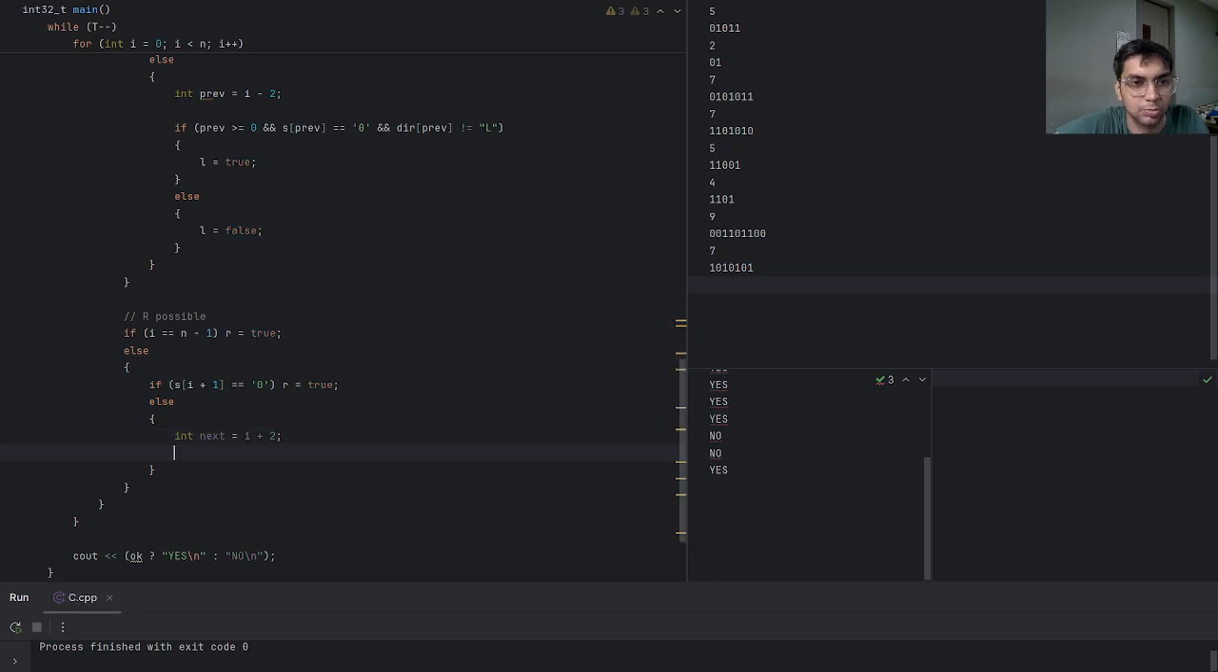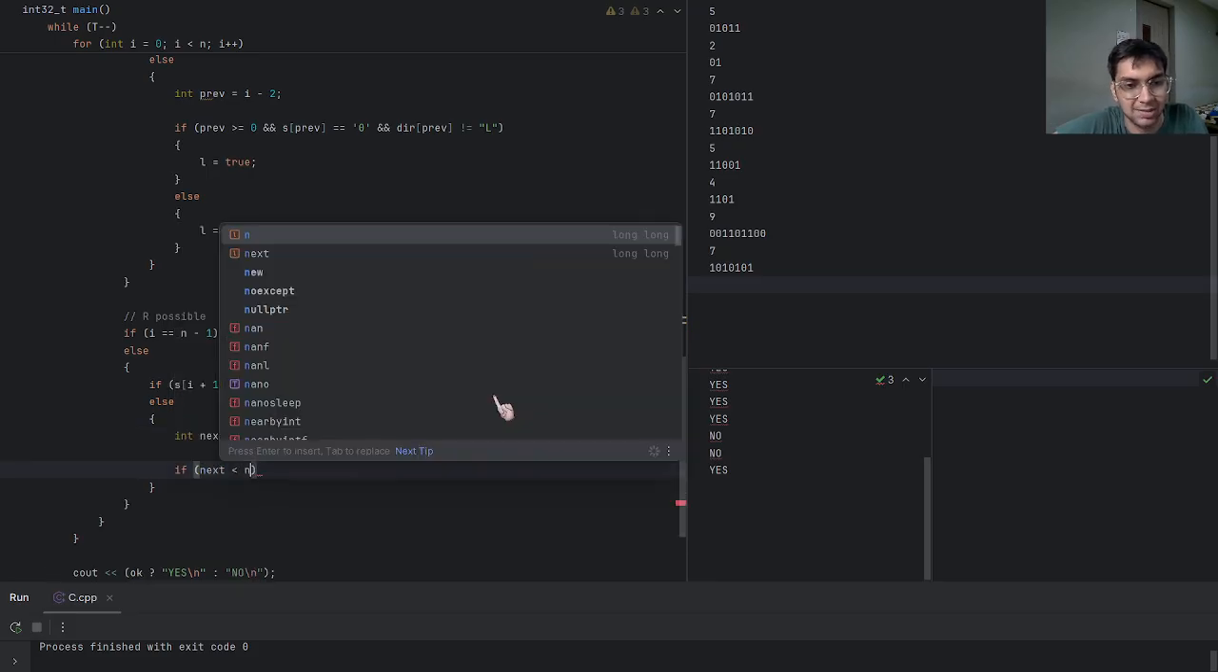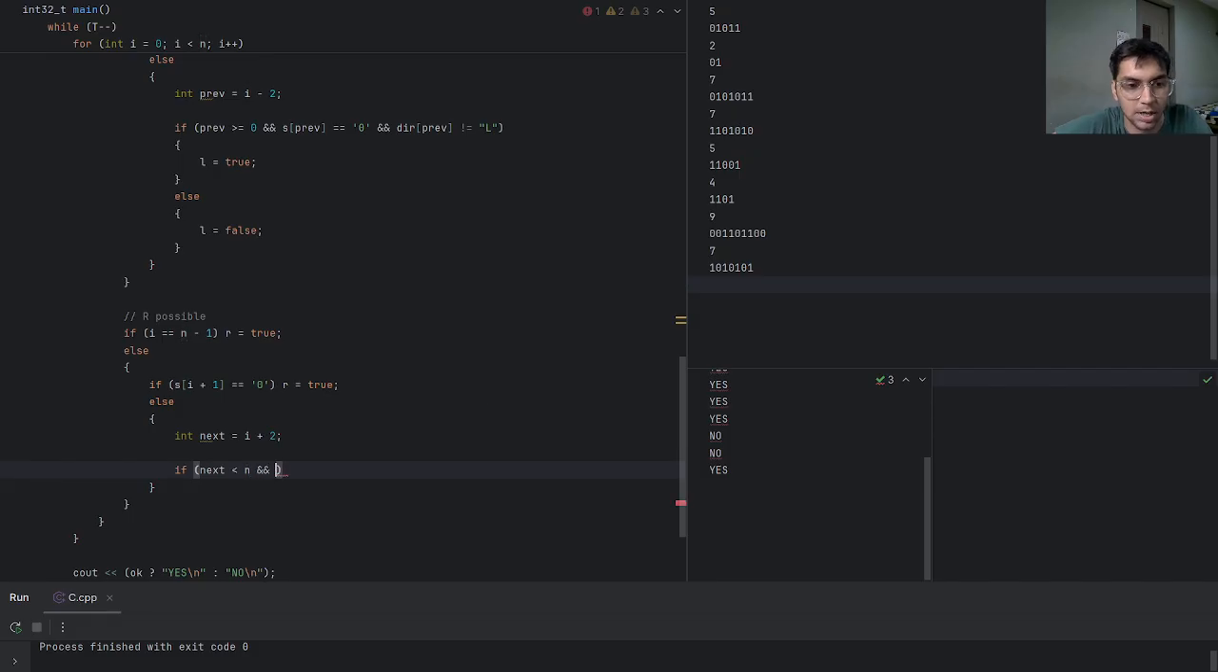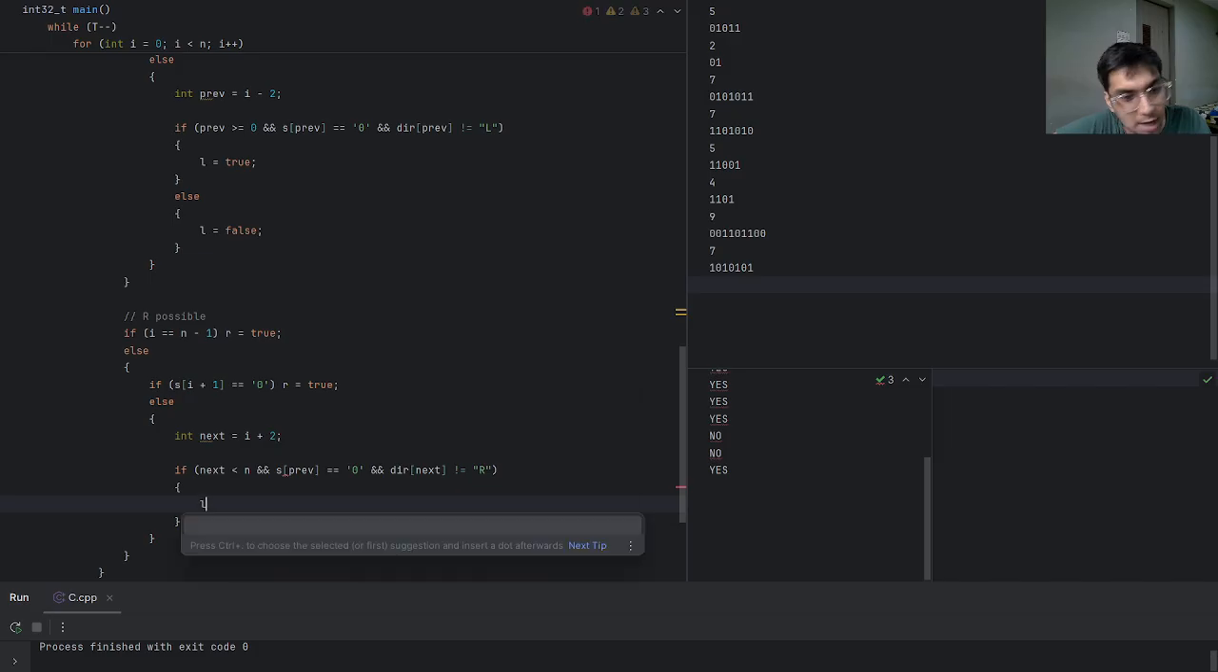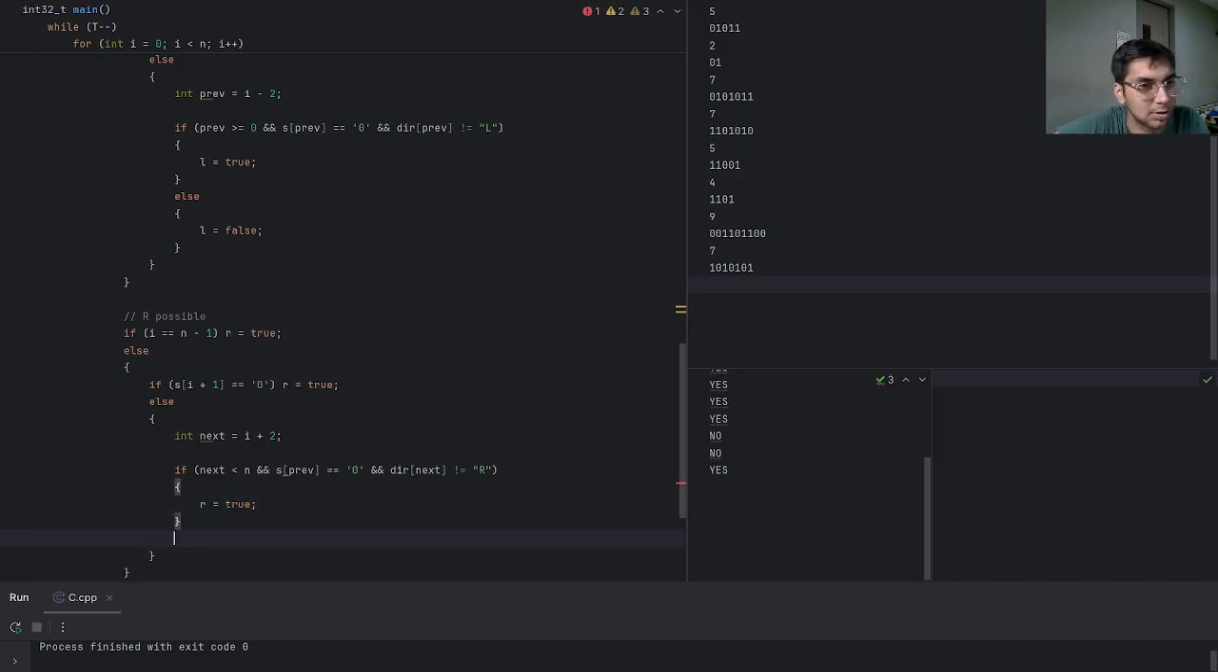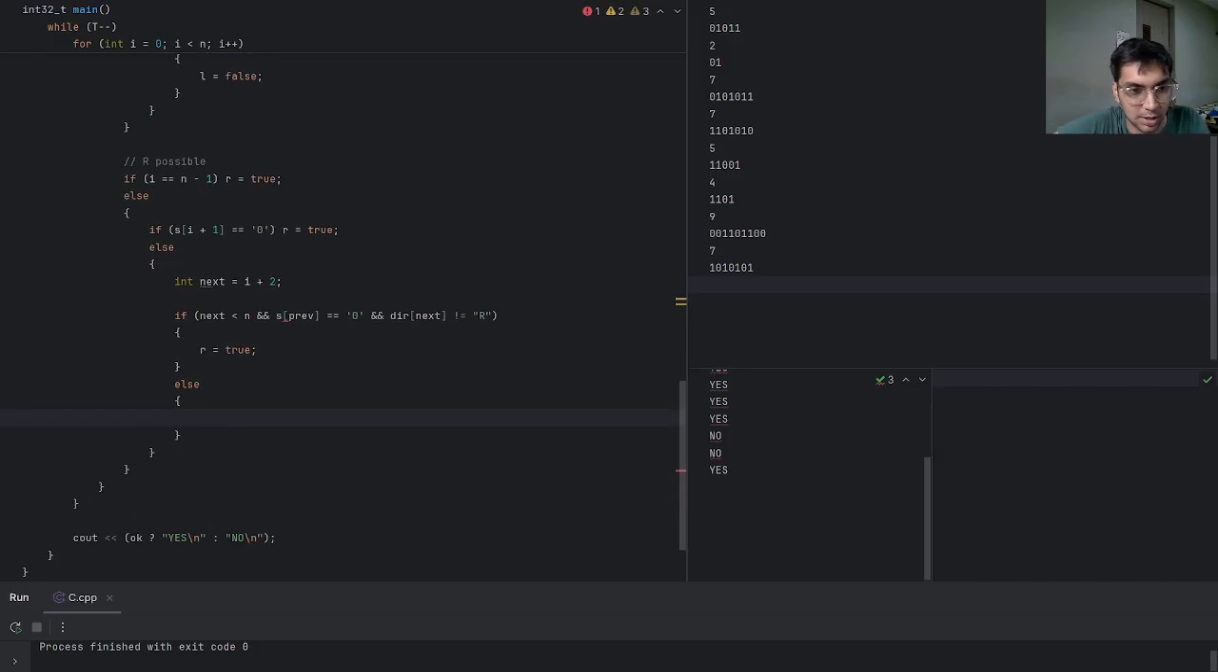Next is I plus 2. If next is less than n and S of previous is a 0, and direction of next is not right, then R बिठा सकता हूँ मैं, वरना तो भाई R नहीं बिठा सकता। ठीक है, yep, ये हो गया।